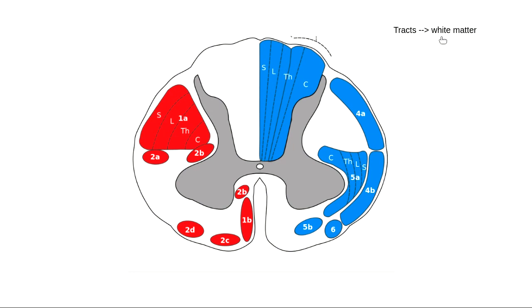Let's remind ourselves, we didn't talk about this specifically, which parts of a neuron do I find in the white matter of the spinal cord? Which parts of my neurons are in that white matter? Do we remember? Yeah, so this is the place where I have all of my axons, right? Remember we said what makes the white matter white is the fact that it has a whole bunch of myelin. So white matter has myelin,